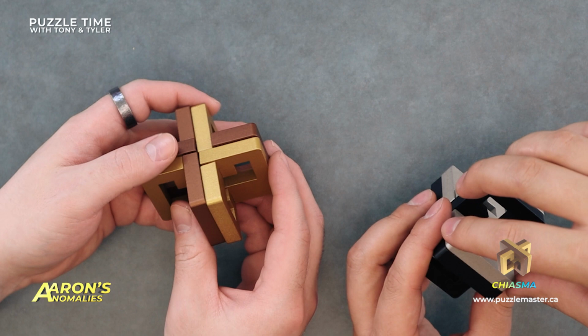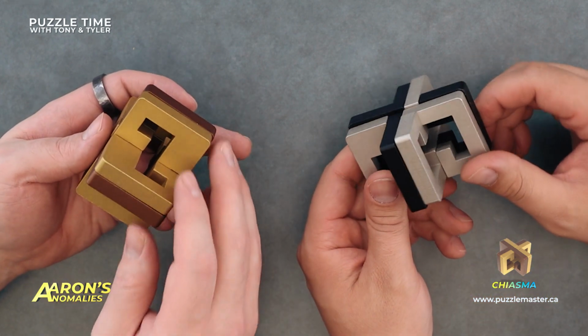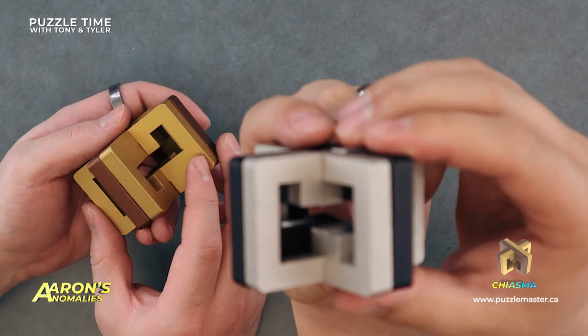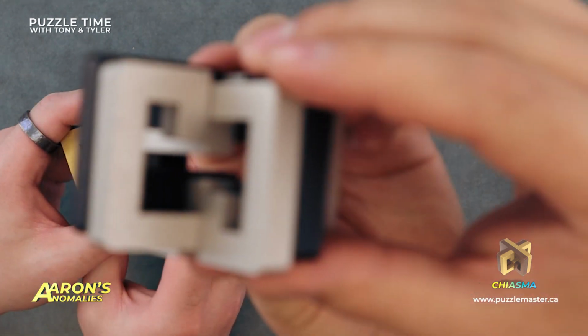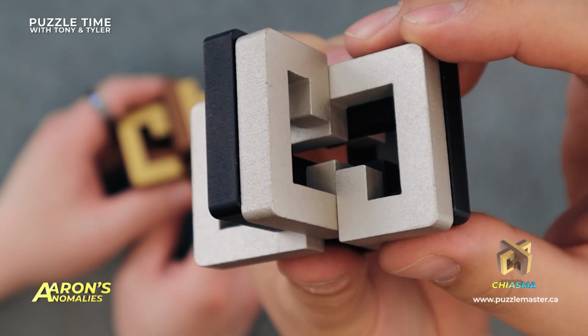Okay, so let's get into Chiasma. Actually, hold on, I got one more question. This probably makes it more scratch-proof. Yeah, that tumbled surface, it's not so easy to notice when it gets scratched. See if we can get it on camera here. I don't know if this will focus. There we go. So now you can maybe see a bit of the